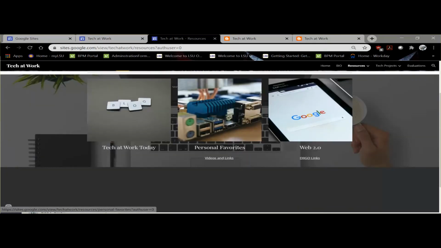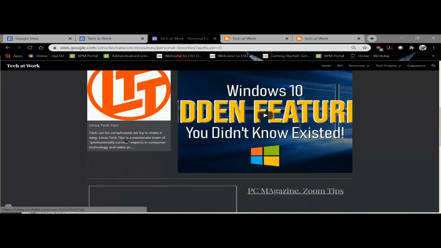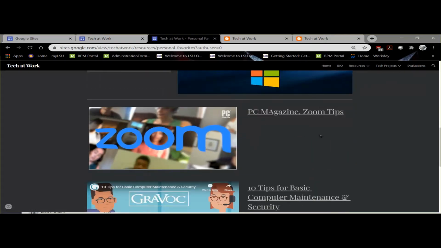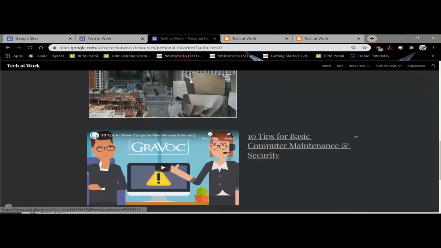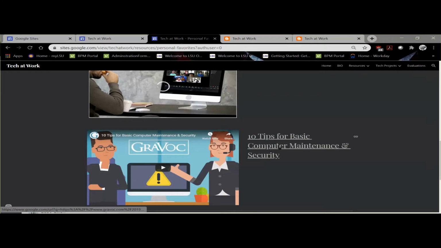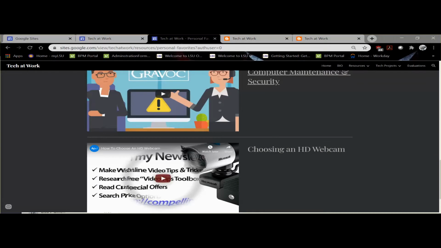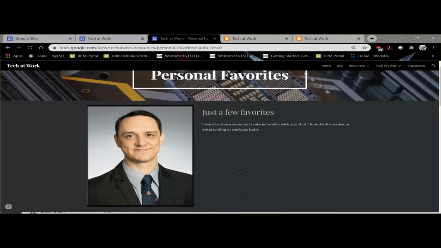Personal favorites was another fun creation. I was able to look up some stuff that was relevant to me, to my job, and actually come up with some stuff that I actually could send out, say, to coworkers or my customers, and say, hey, take a look at some computing tips. Here's some things you can do while you're at home to help speed up your computer. Or this is a big one for me, a lot of people want to know, hey, what webcam do I need to buy? And I can send them this link and say, check this out before you make a purchase.